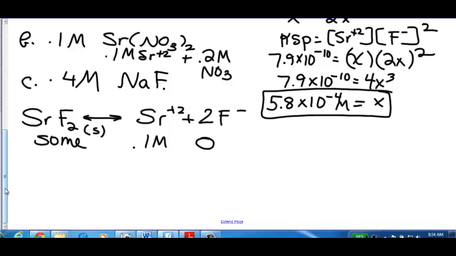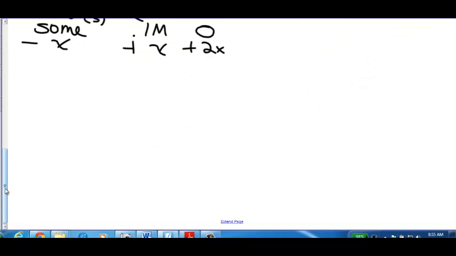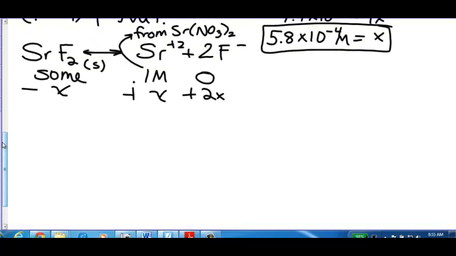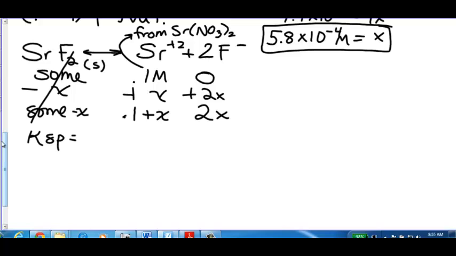So the presence of a common ion changes our I line. There's some strontium coming from the strontium nitrate. That's where the strontium's coming from. So this goes down by x, this goes up by x, and this goes up by 2x. And so at equilibrium, we have some minus x of this, but we don't really care about that. We have 0.1 plus x of this, and we have 2x of this. And so our KSP, which is equal to